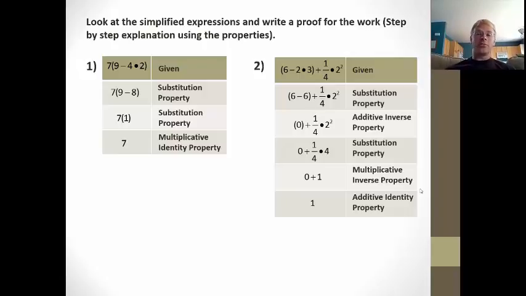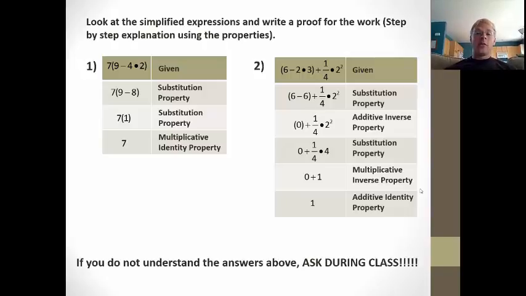Well, this is a little introduction to proofs, and this is something we'll be practicing a lot more. You'll have the opportunity, I should say, to practice this a lot more. A lot of examples to work with these properties and get familiar with them. And you're going to need to do that because we will be expecting you to be able to do these same kind of proofs and identification of our properties when it comes to our assessments. Again, if you have any questions,